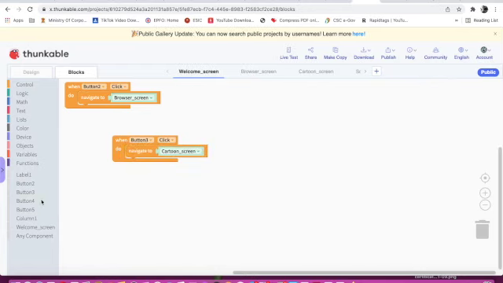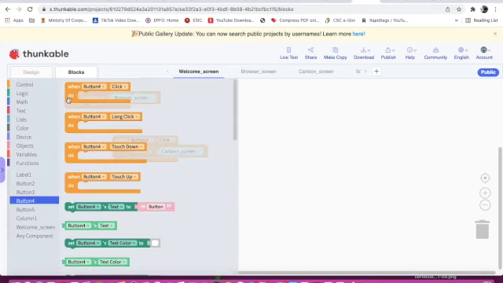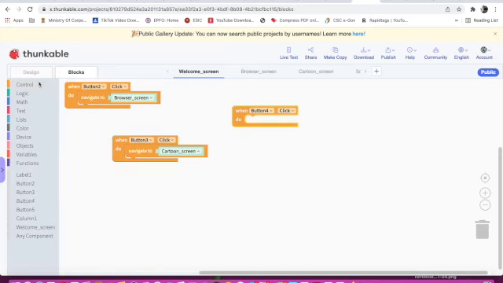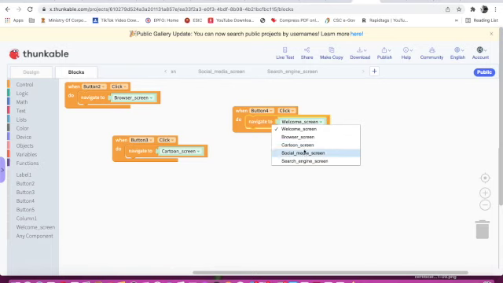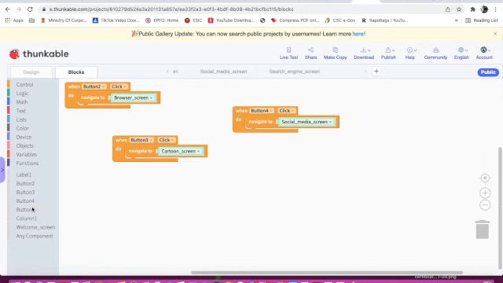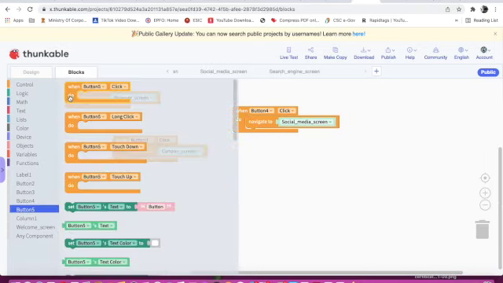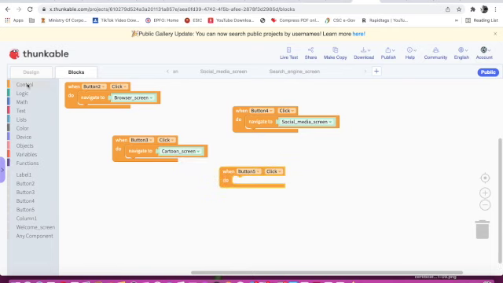Now when button 4 click, navigate to social media screen. Now when button 5 click, navigate to search engine screen.